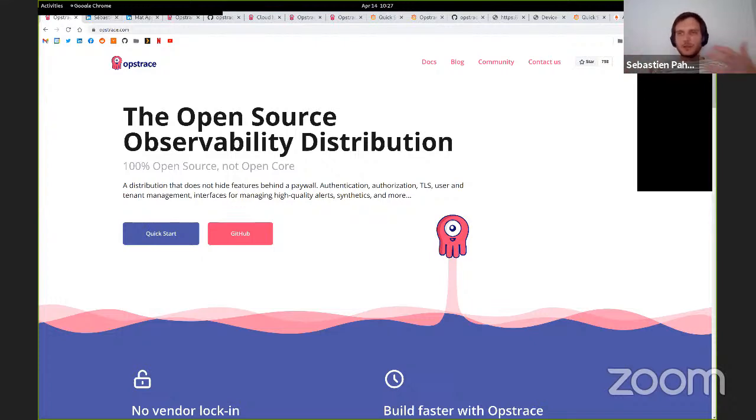Then we started iterating and seeing that we use all these open source projects. We're standing on the shoulders of giants. If it's closed, it doesn't work. We continued to iterate, and we were quite inspired by GitLab, to be very honest, about how in the open GitLab does things and talks about what they're doing. And I spent a bit of time at Red Hat, so we said, let's just make an open source project. It's different, it's harder, it requires a community. You can't just do it by yourself, but this is what we're doing now.